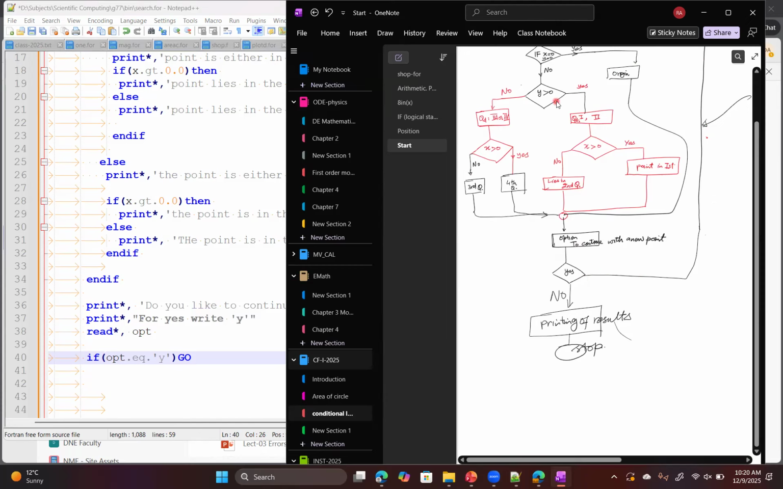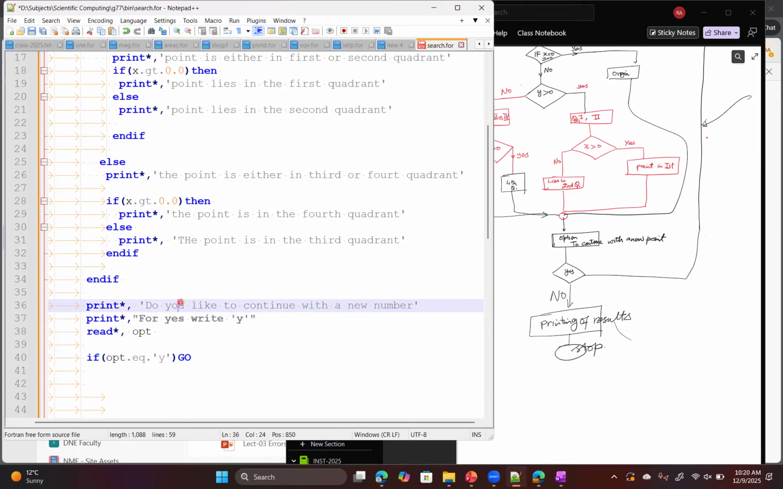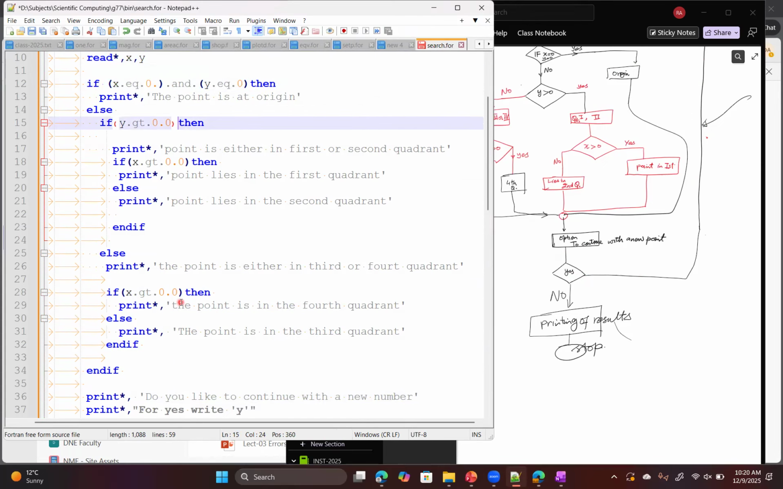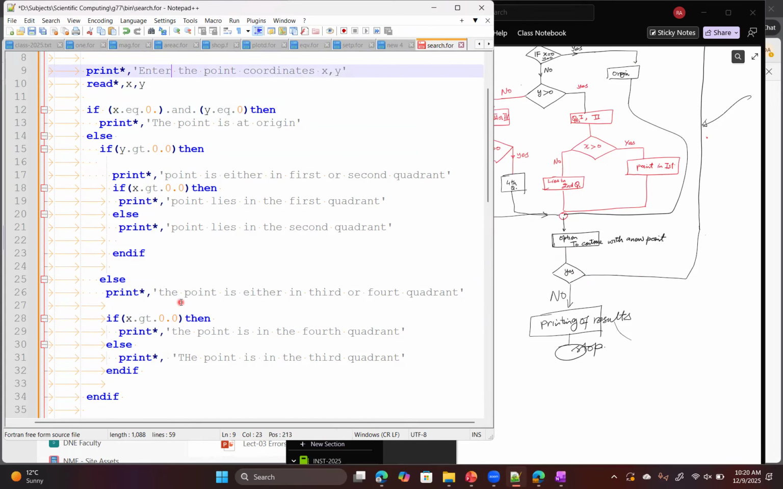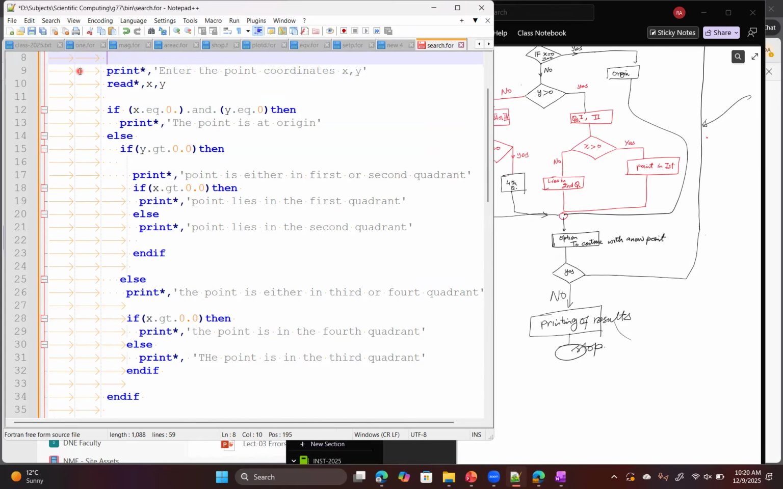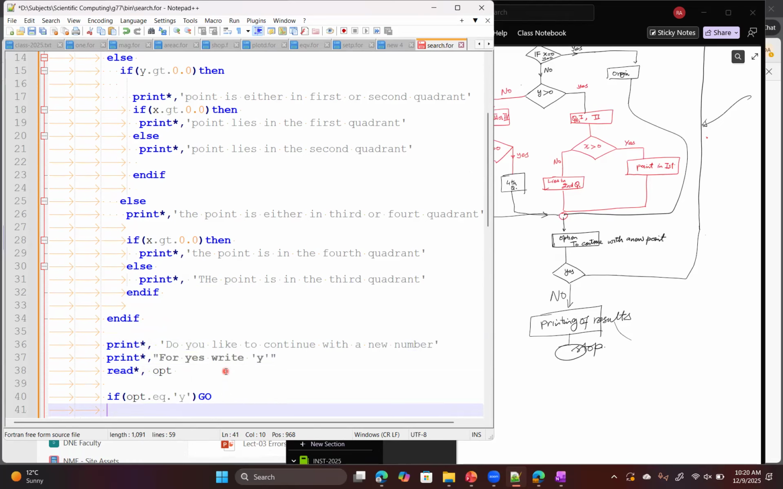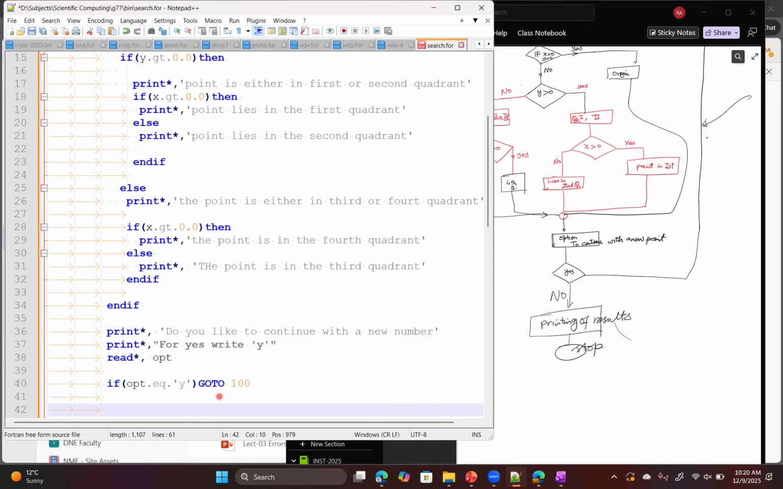So I will repeat the step from the reading. So I suggest a label where I was reading the point coordinates. So over here, I provide a title, go to 100. So 100 stable statement label is over there, go to 100. And if this is not the one